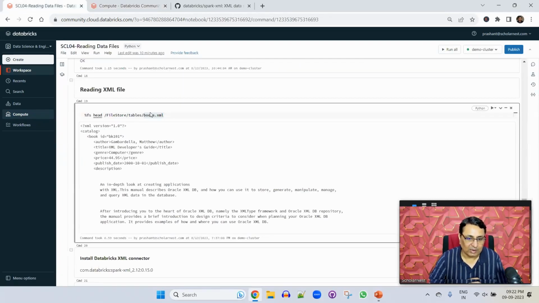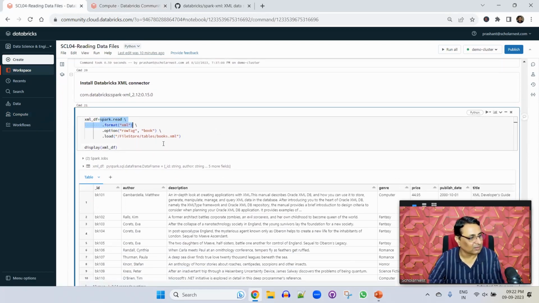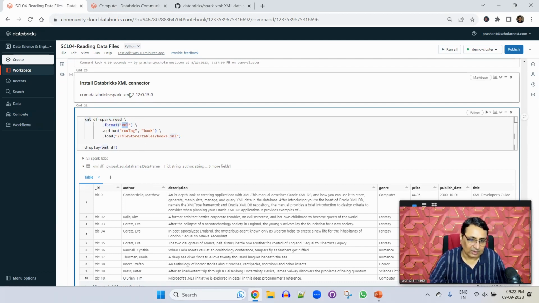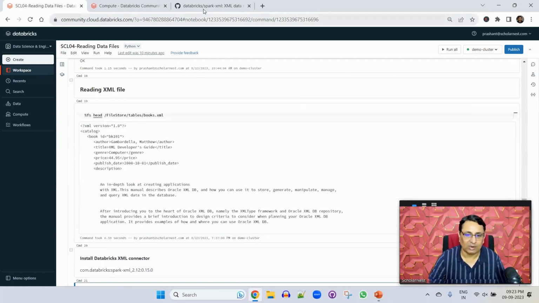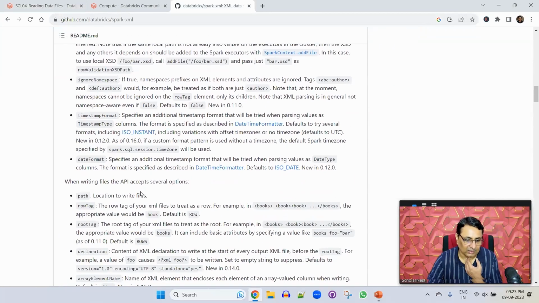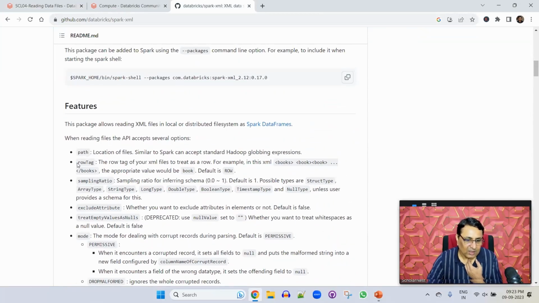Once I have the XML package installed, reading XML is as simple as reading anything else, right? spark.read gives a DataFrame reader, format XML. I'm telling it the connector is XML, and it automatically picks up which connector I need. And then options. In options, I'm telling it row tag is book. What does that mean? You have to learn a little bit about the options in the XML connector if you want to. There are so many, all listed here in features. Row tag is one option which tells the connector what represents a single row in XML,